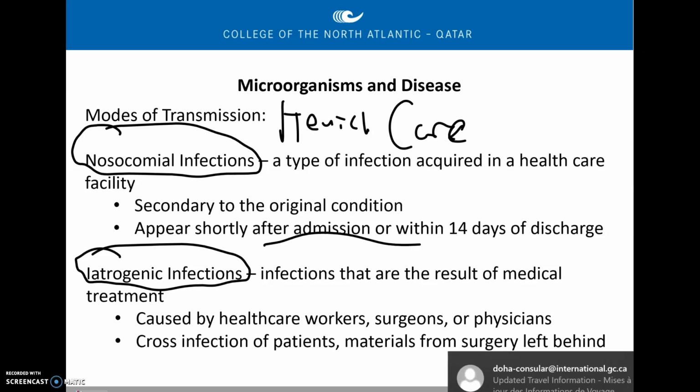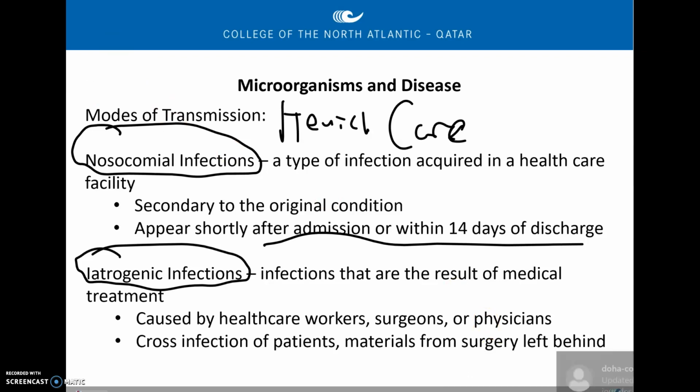This would appear shortly after admission, within 14 days. An iatrogenic infection is caused as the result of a direct medical treatment, like a surgery or something